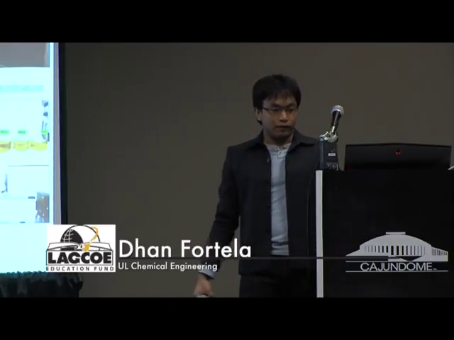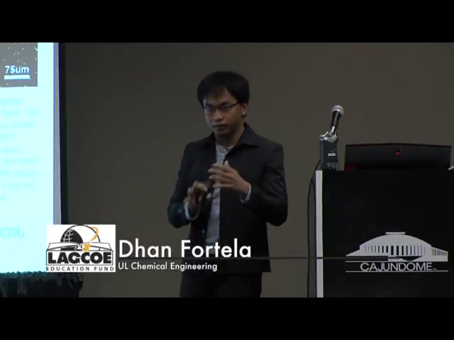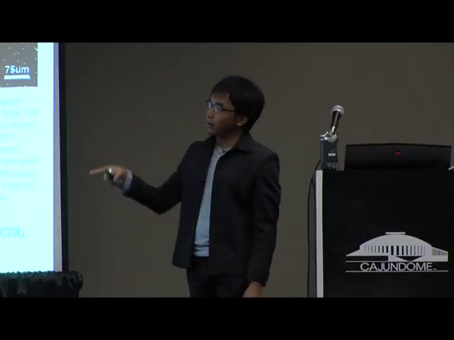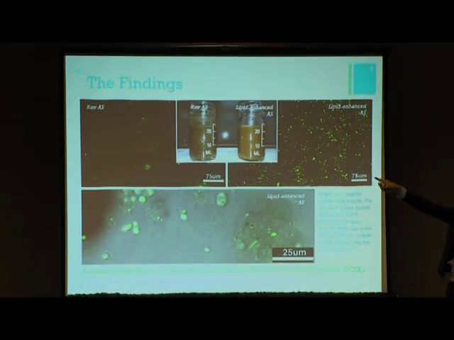And here are now the findings. I'm going to show you first a graphical result so you can appreciate more of what happened. So this is a fluorescence microscopy image of the raw activated sludge that we used and the lipid-enhanced activated sludge that we used. Those green regions are the neutral lipids. We targeted the neutral lipids because those were the easy ones to be converted into more useful products, like, for example, biodiesel. And as you can observe, there are more green regions in the lipid-enhanced activated sludge.